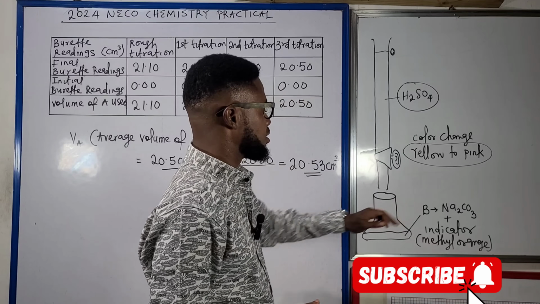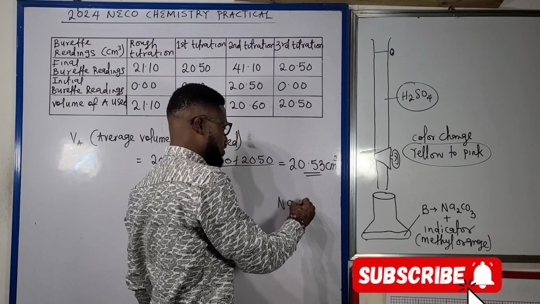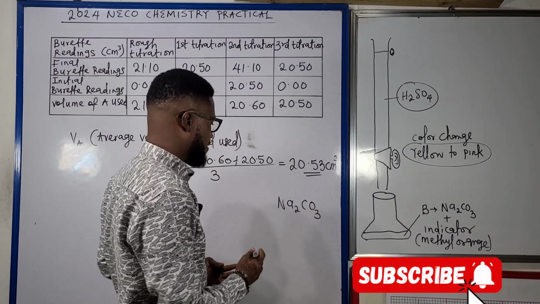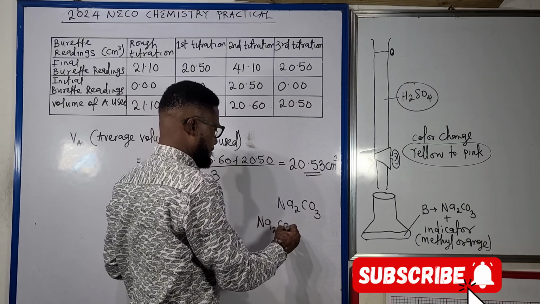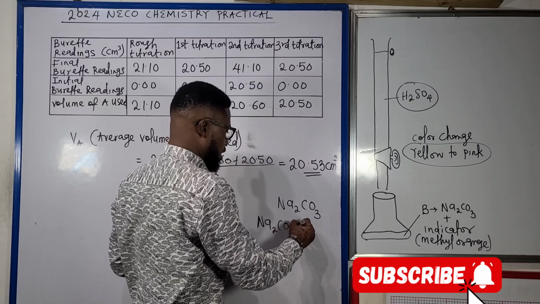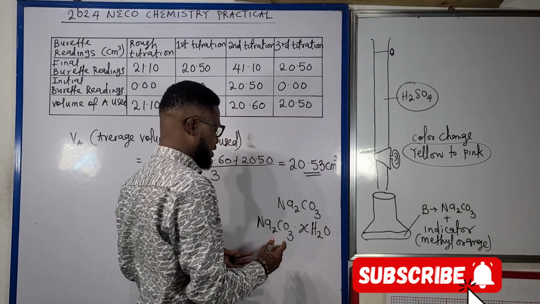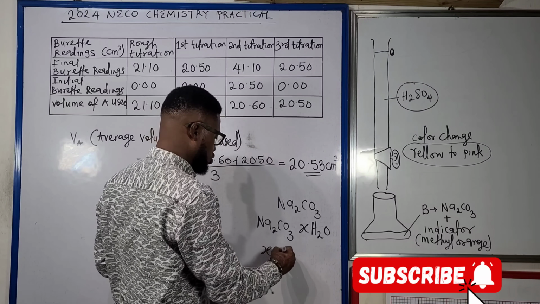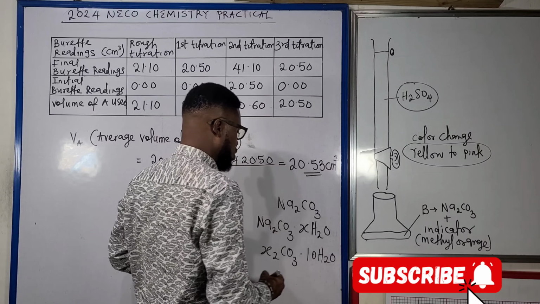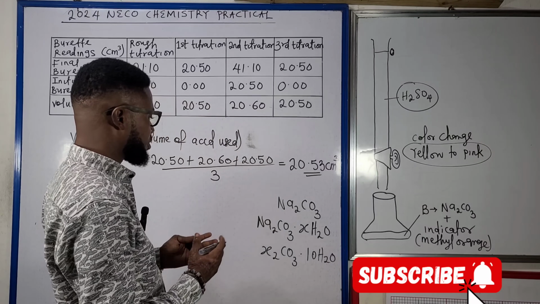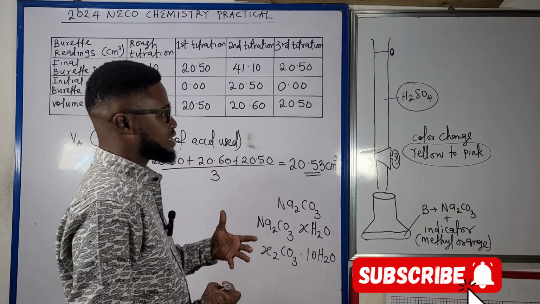volumetric analysis, the sodium carbonate can be in so many forms. We can have it in the form of anhydrous sodium carbonate. We can have it in the hydrated form, but this time they just put xH2O here. We can have it in the form of Na2CO3.10H2O. We can have it in just about so many forms, and based on that, that is why we have